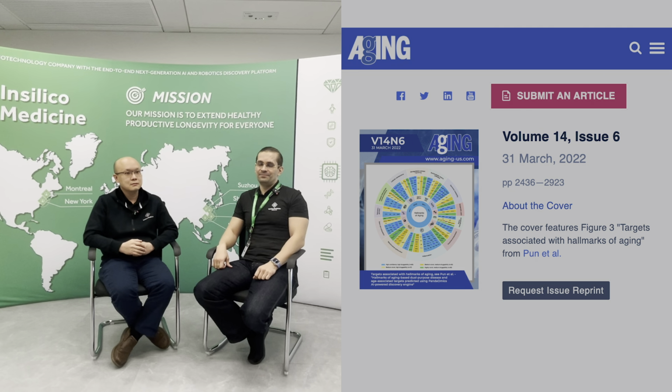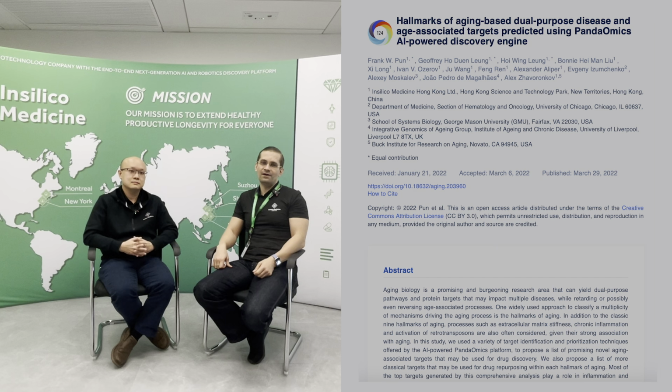Yeah. Great. So today we decided to go a little bit back in time and talk about our aging targets paper. The paper in aging where we used PandaOmics in order to identify targets that are implicated in age-associated diseases and in aging at the same time. So we call those dual purpose targets.